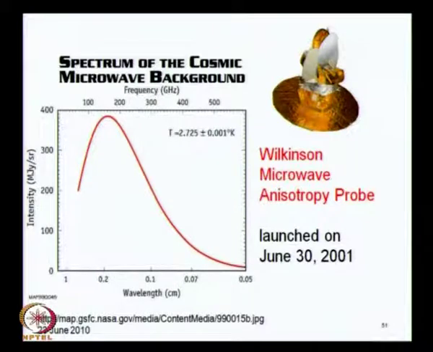I have taken this material from a NASA website, so the reference is given at the internet link at the bottom, and you can easily find it on the internet. This probe was launched almost exactly 9 years ago, June 30th 2001,